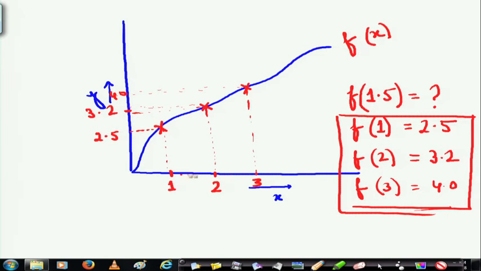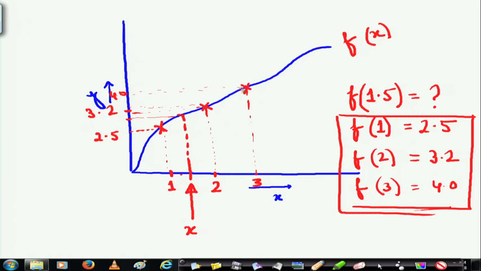That means, given some known values, I want to find out the value of the function for some independent value of the dependent variable. So, for a particular x, what is the y that I want to find out. Now, obviously, you can look at this blue line and say it is so simple, you draw it like this and you will find the value of y. But unfortunately, what I have is not the blue line. What I have is only the red crosses and this line is not there.